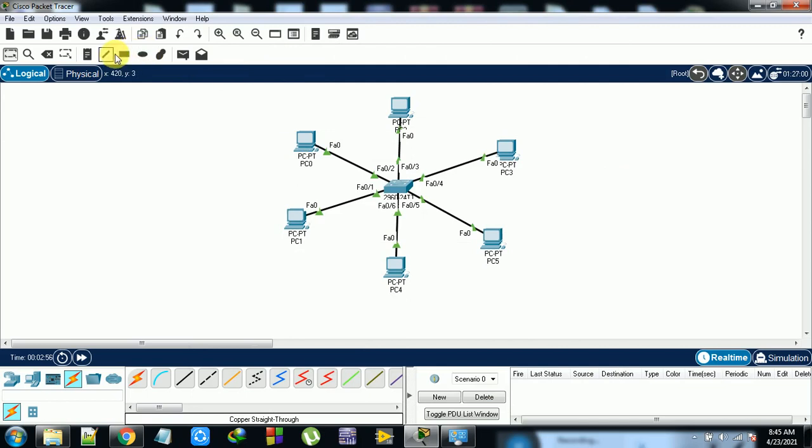If you want to show the labels, for the IP address 192.168.1.1, I select this and copy, then paste. So this is this one's IP address, and this is this one's IP address.